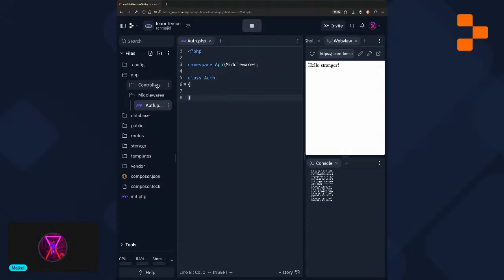So yeah, namespaces actually prevent colliding of classes. So you create a method called only authenticated, which if session